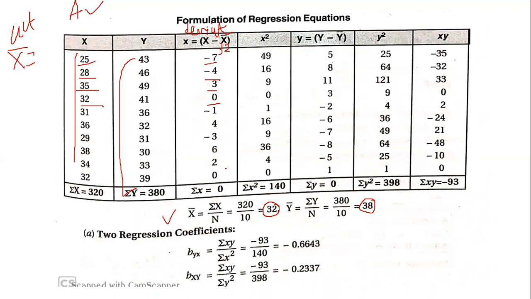You have to find the deviations from x. Similarly, find the deviations from y. What is y bar? y bar is 38. Now from y take the deviations: 43 minus 38 is 5, 46